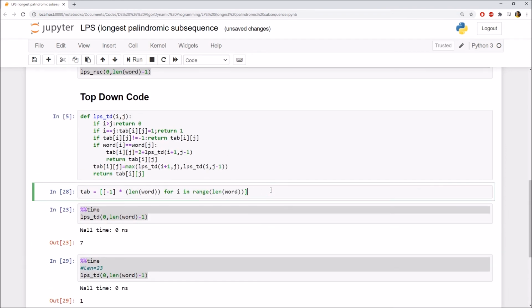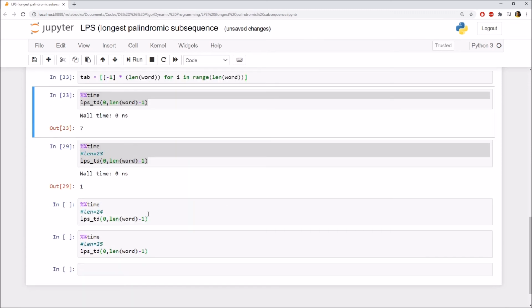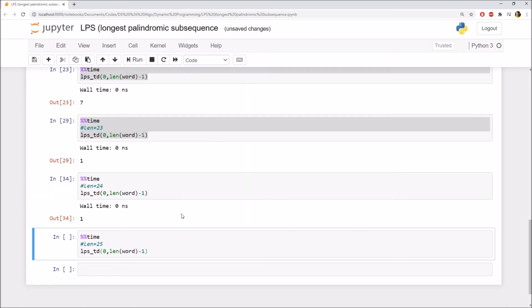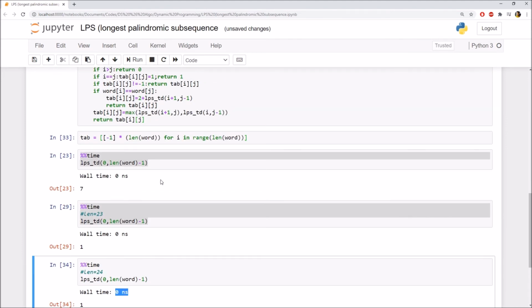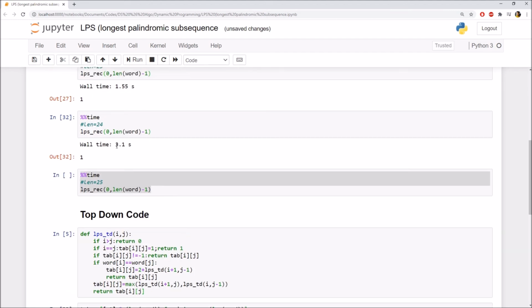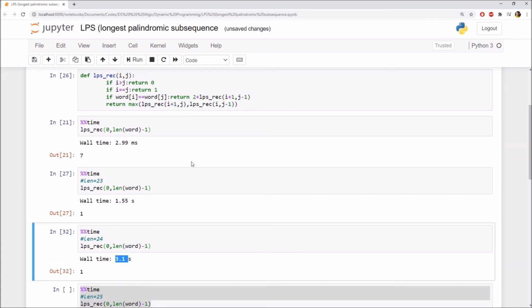Before executing this code, we need to create this table. Now you can see here, the answer is 1, which is correct, but what is the time taken here? 0 nanoseconds. Actually it is not 0 nanoseconds, it is a time very close to 0 nanoseconds, and here what is the time? 3 seconds. So you can see here the time difference is approximately 10 to the power 9 times.